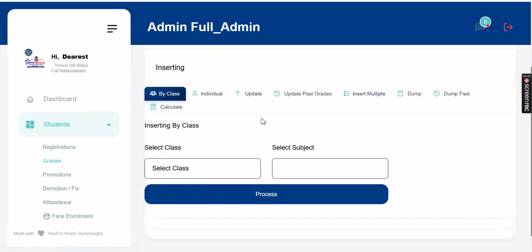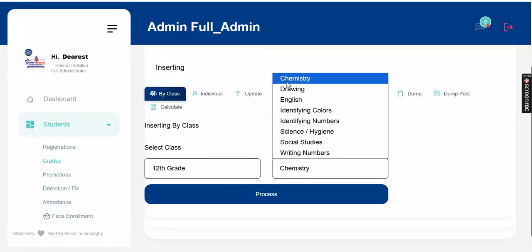So we're going to be explaining them to you so that you can understand them. It might be a little longer. We've got to be patient to follow. So the first thing is to insert grades. Here is by class. So where you select a particular class and then you select a subject which grades you